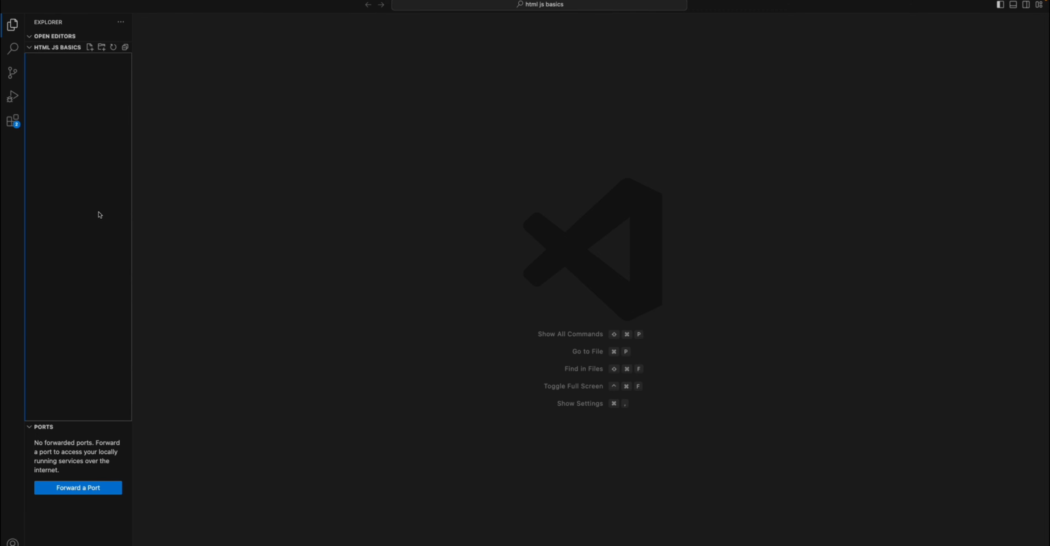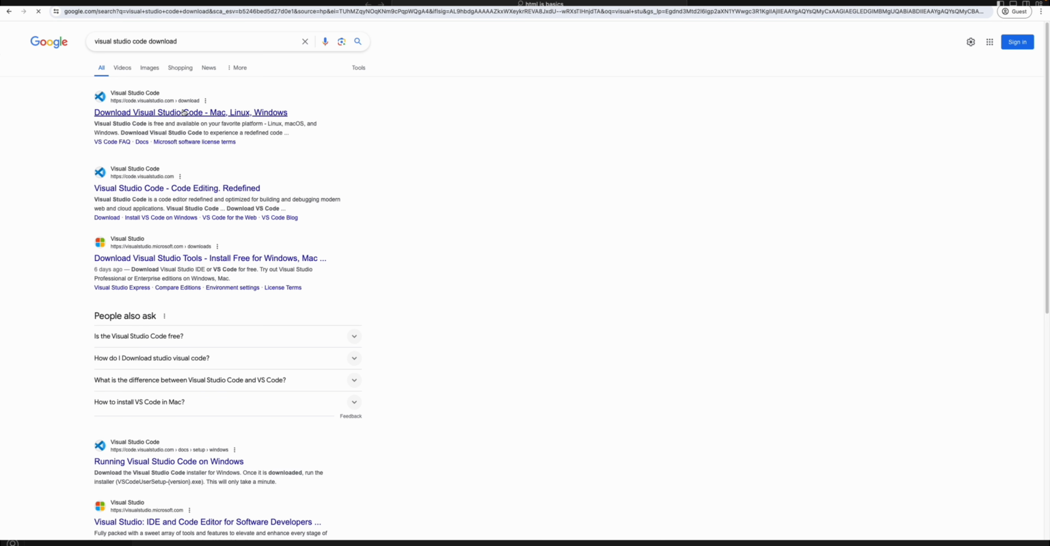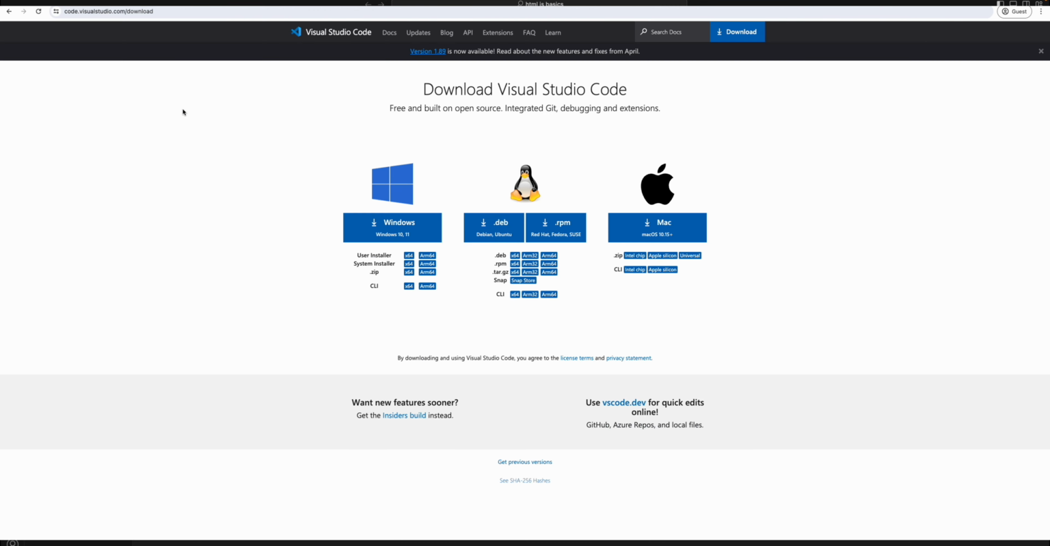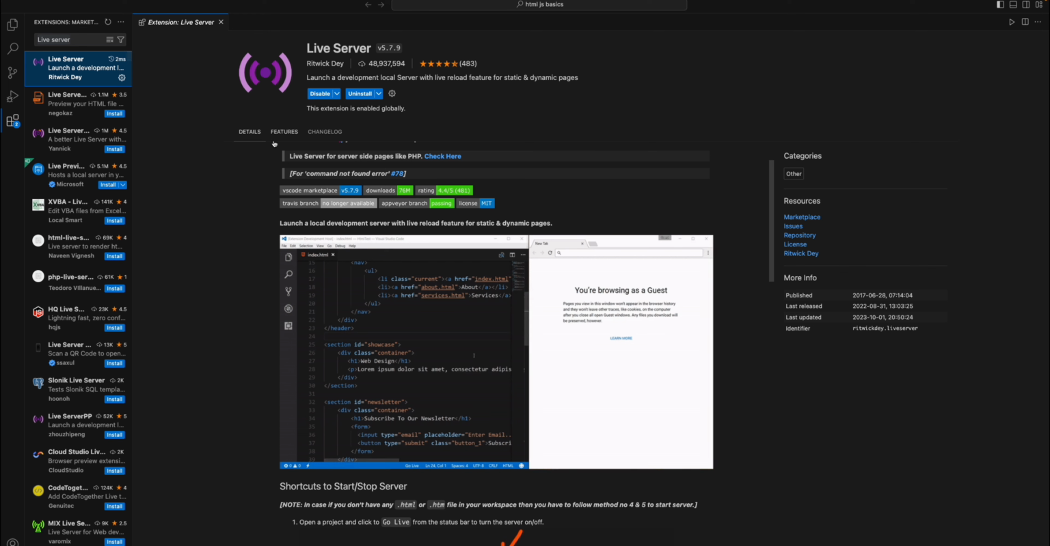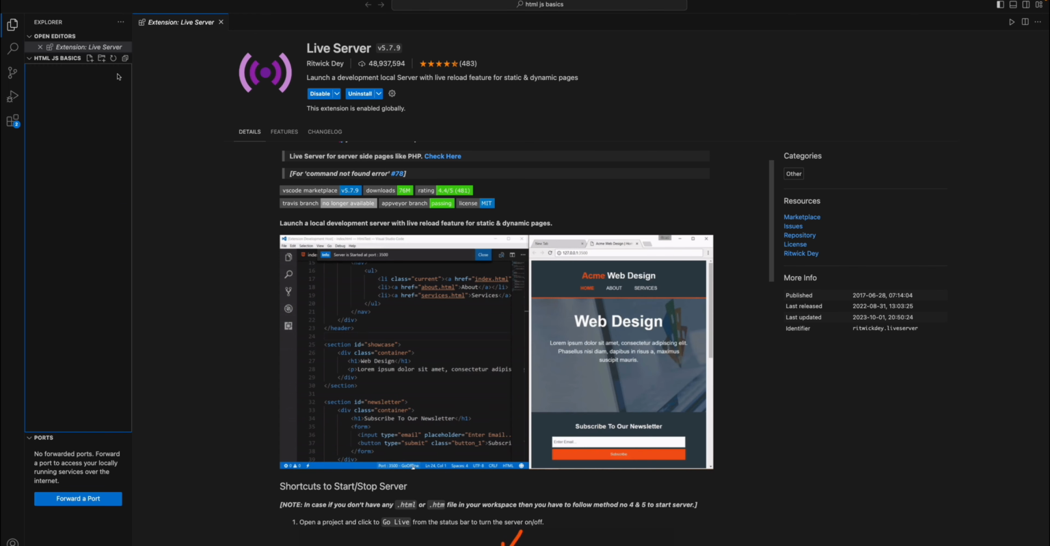So today what we'll talk about is some basic web development. We'll go through how to create an index.html page and link some JavaScript to it. If you haven't done so already, just make sure you download Visual Studio Code for your operating system. Once you've done that, head over to extensions and download Live Server. Live Server will just allow us to run our web pages in our browser and see any live changes